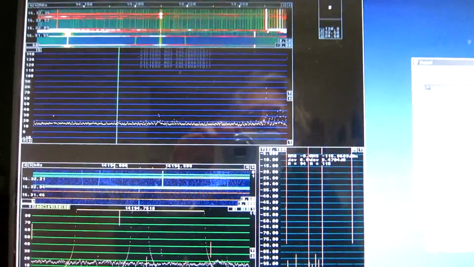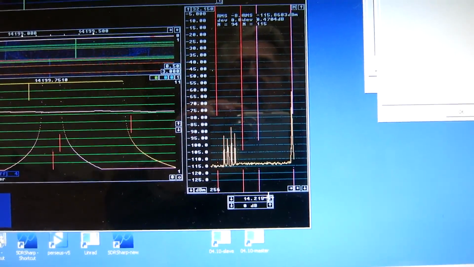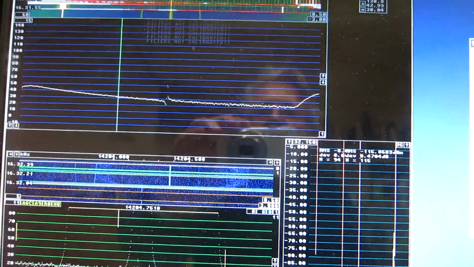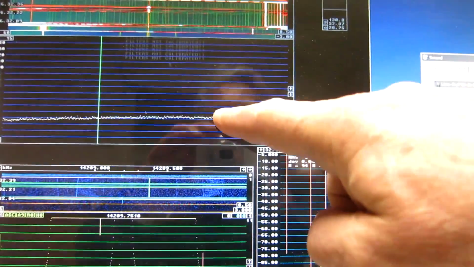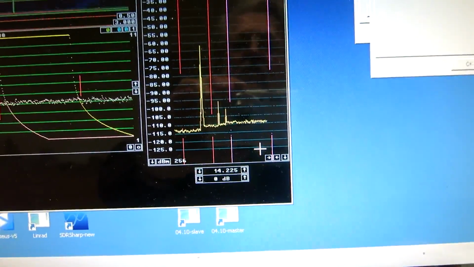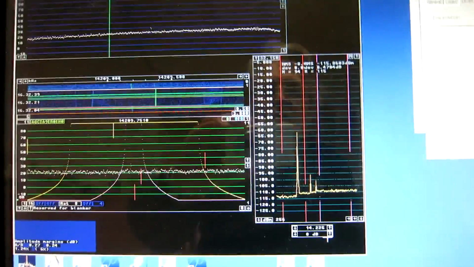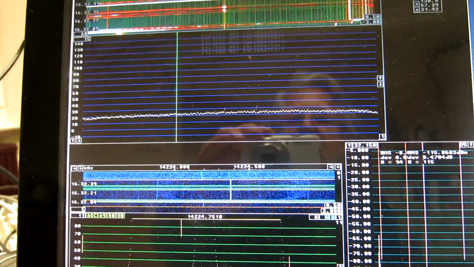That's not so nice. Let's continue. And you can see the noise level here is pretty high and the noise floor is going up. So this card suffers badly from reciprocal mixing,